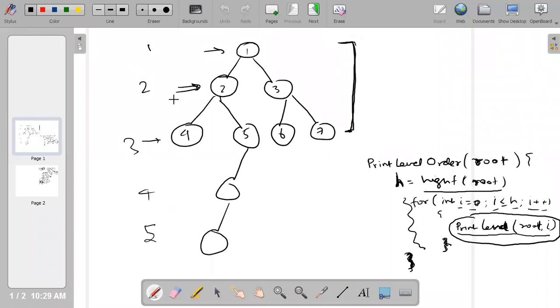To know how many levels are there in this problem, I use the concept called height function, and I got the height. So I know the height. Obviously I reduced my problem. So now I don't need to worry about printing all nodes together. I just need to print level 1, level 2, level 3, level 4, till height x. That's why I have written one for loop. So I will be writing some function called print level, and I will be passing root and level.